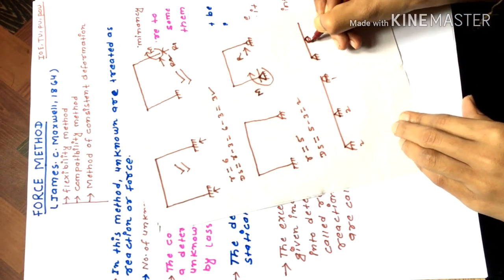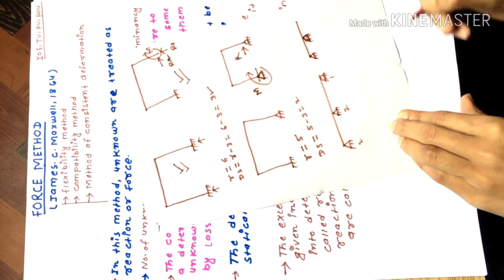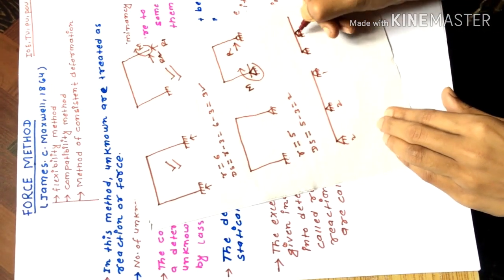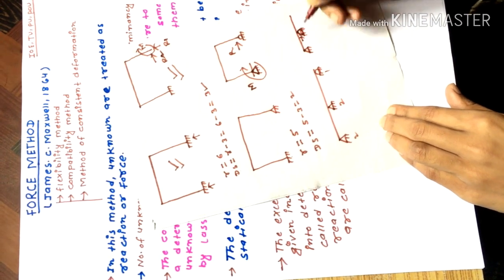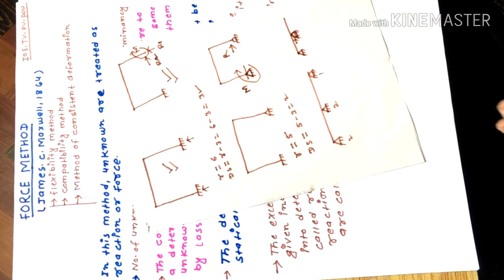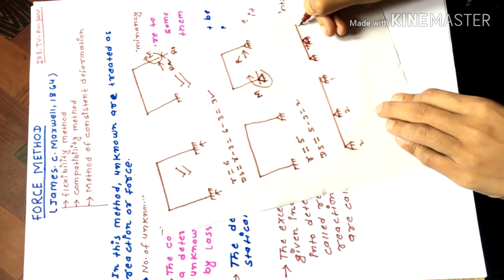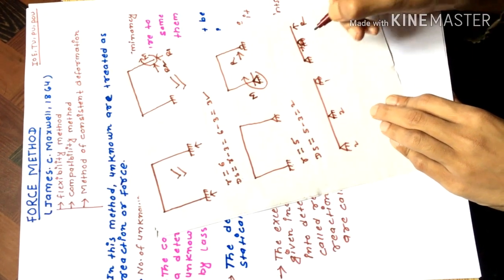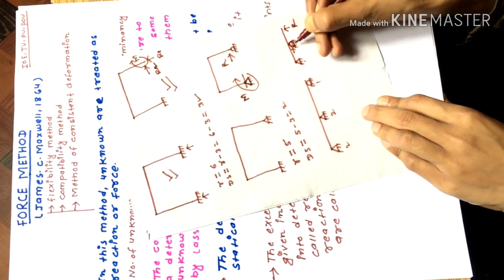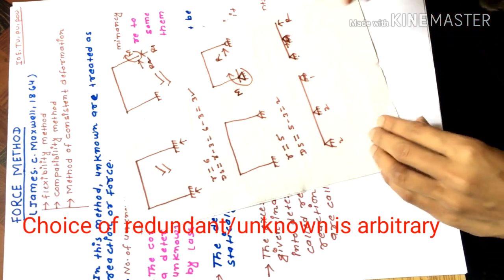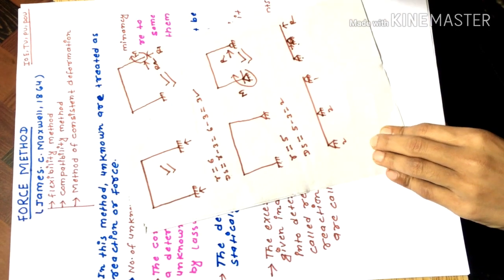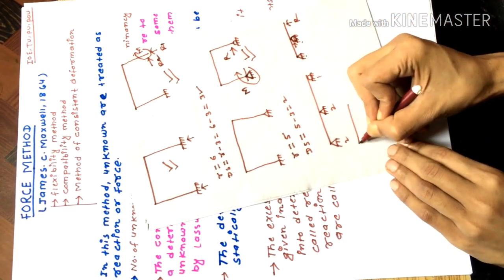I may convert this hinge support into a roller support, thereby placing one horizontal reaction. It depends on you how you choose the redundant. You may place here R. So now we count the number of reactions: 2 plus 1 is 3. So this structure has changed into a primary stable structure. This is the primary structure.